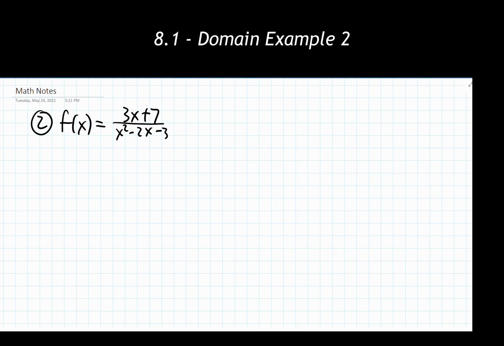So here we have example 2. It's getting a little bit more complex. There's a little bit more going on in the numerator, a little bit more going on in the denominator. Again, I'm looking for the domain, which means all I'm looking for is where is the denominator equal to 0. So just like we did with example 1, I'm going to rewrite this to be just where the denominator is equal to 0. And that's all I'm going to solve for.